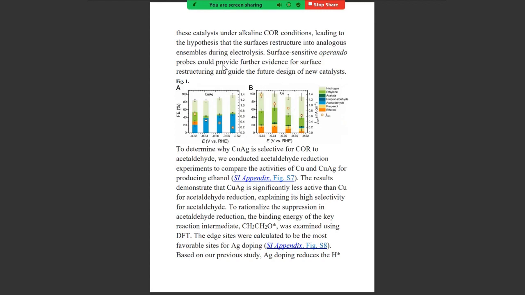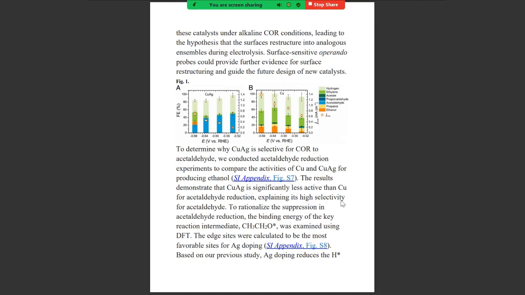Surface-sensitive operando probes could provide further evidence for surface restructuring and guide the future design of new catalysts. To determine why copper-silver is selective toward acetaldehyde, we conducted an acetaldehyde reduction experiment comparing the activities of copper and copper-silver for producing ethanol. The result demonstrated that copper-silver is significantly less active than copper for acetaldehyde reduction, explaining its high selectivity for